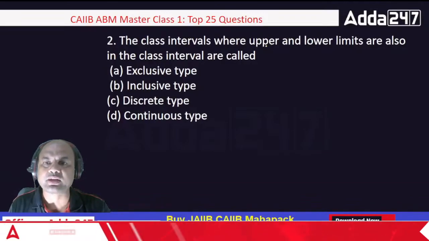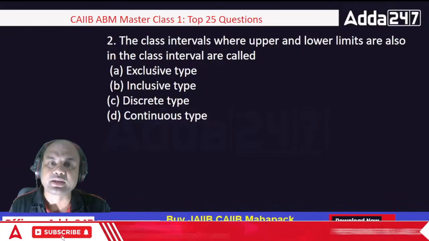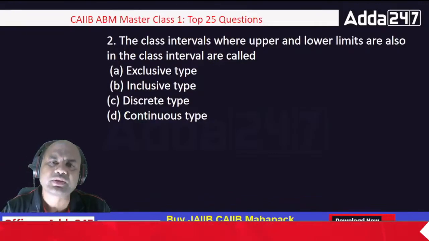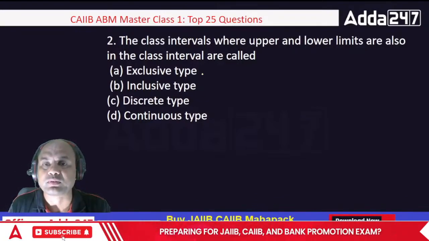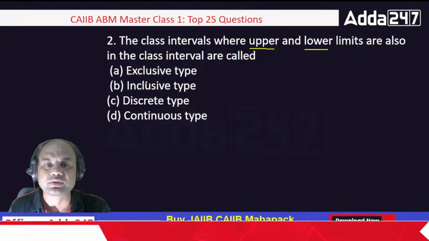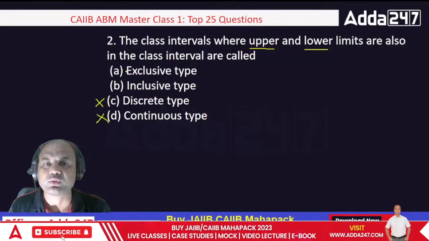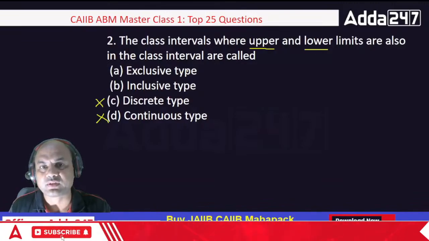The class intervals where the upper and the lower limit are also in the class interval are called as what? Exclusive, inclusive, discrete and continuous. What is the answer for this? Where upper and lower limit both should be included, that is called as what? Exclusive or inclusive? Okay, I'll give you a hint. Discrete is out, continuous is out. So it's only now exclusive or inclusive. So the answer is,